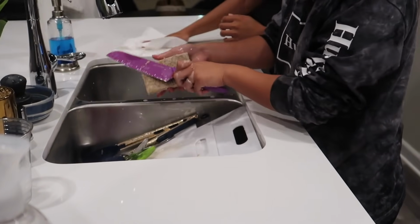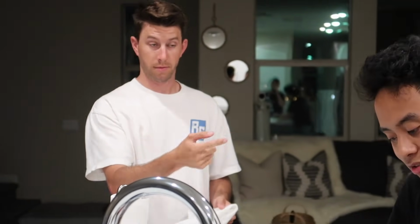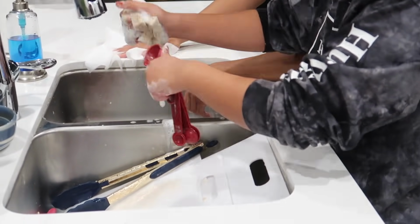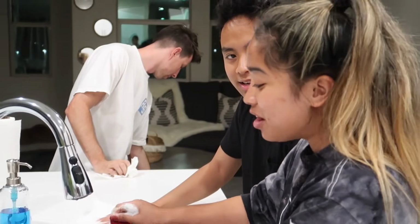Alicia got annoyed at how slow TJ was doing it, so she took over. That's how you do it. You tried. You gotta clean it properly. TJ was cleaning it with his hands, okay? Wow. Hands are fine. That's the technique. I will clean it with